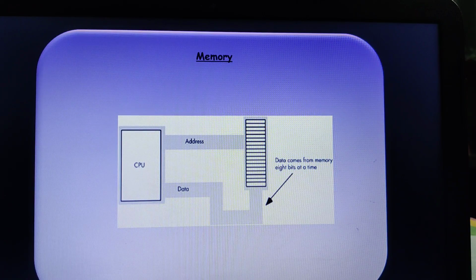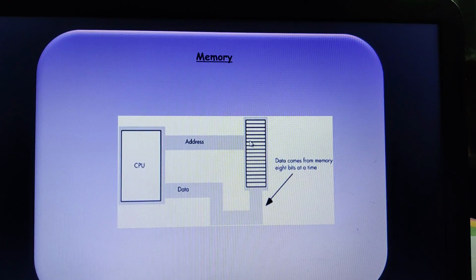That means the address bus helps you know how many memory locations there are. Plus, whenever there is a data transfer between the CPU and the RAM, whether you are writing data or reading data from the random access memory to the CPU, you need to have an address, isn't it? You need the address of that particular memory location. Here I can show you in the slide. Whenever the CPU wants to fetch data from the RAM, it should know the address. So maybe here 65,000 memory locations will be there.